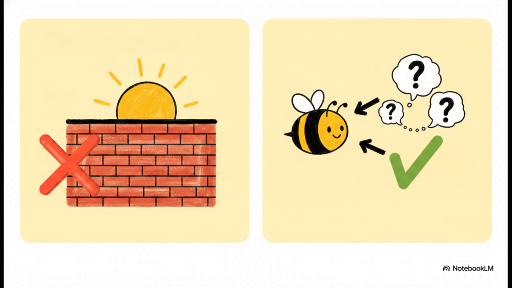Let's compare two statements to really trigger that aha moment. Take a statement like, the sun rises in the east. Well, that's a simple fact. You really can't write a good paragraph about this because there's nothing left to explain, prove, or develop. It's a dead end. But think about this statement instead. A bee can be beneficial for humans. See the difference? This contains an opinion, a controlling idea. It instantly makes the reader ask, wait, how or why? And answering that specific question is exactly what the rest of your paragraph is going to do.